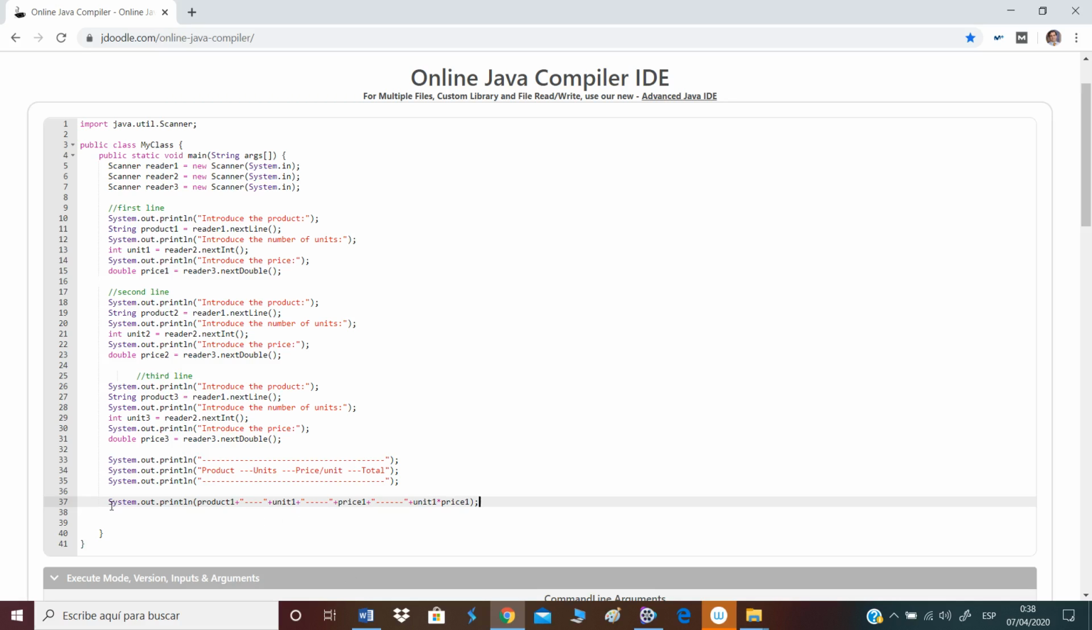so I guess that you understand what I have done here, just using the variable of the first line, introduce it here. Okay, product 1, unit 1, and price 1. I just print those values introduced by the user for the line 1, then some text or characters just to separate the values, and then the total will be the number of units multiplied by the price. Okay,